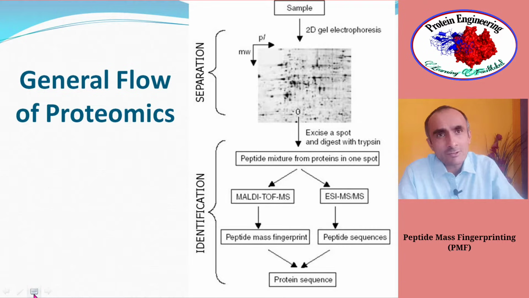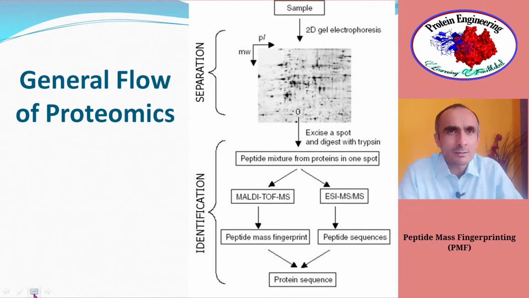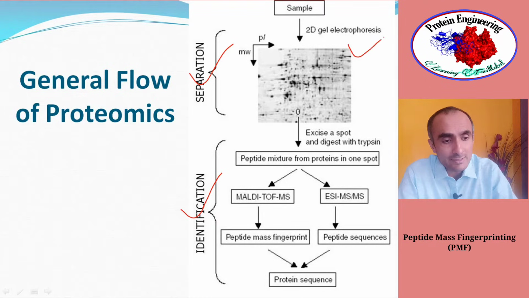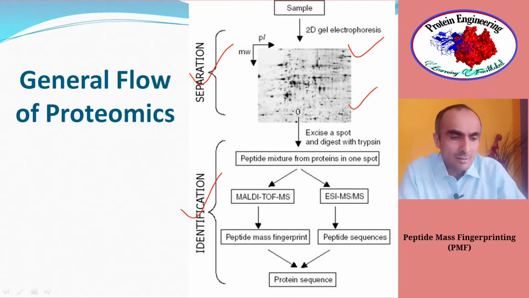Just recall from the earlier lecture, in proteomic studies we analyze thousands of proteins present in a cell, and it comprises two steps. First is separation and second is identification. So all the proteins present in the proteome in a cell in a given condition are separated using two-dimensional gel electrophoresis, where you see thousands of spots, and each spot generally comprises one protein. And the second step is, if you want to identify these proteins, some protein of interest or all the proteins in fact, you can cut these spots,